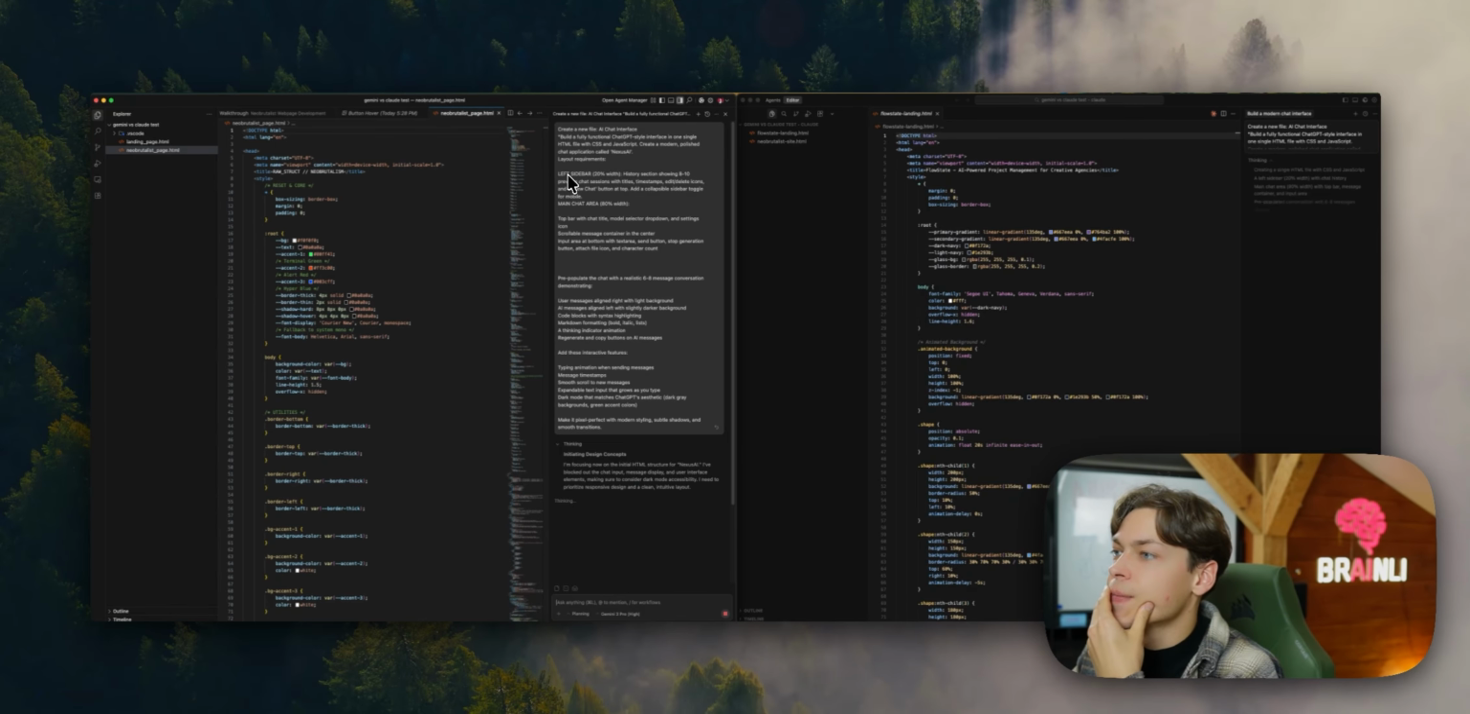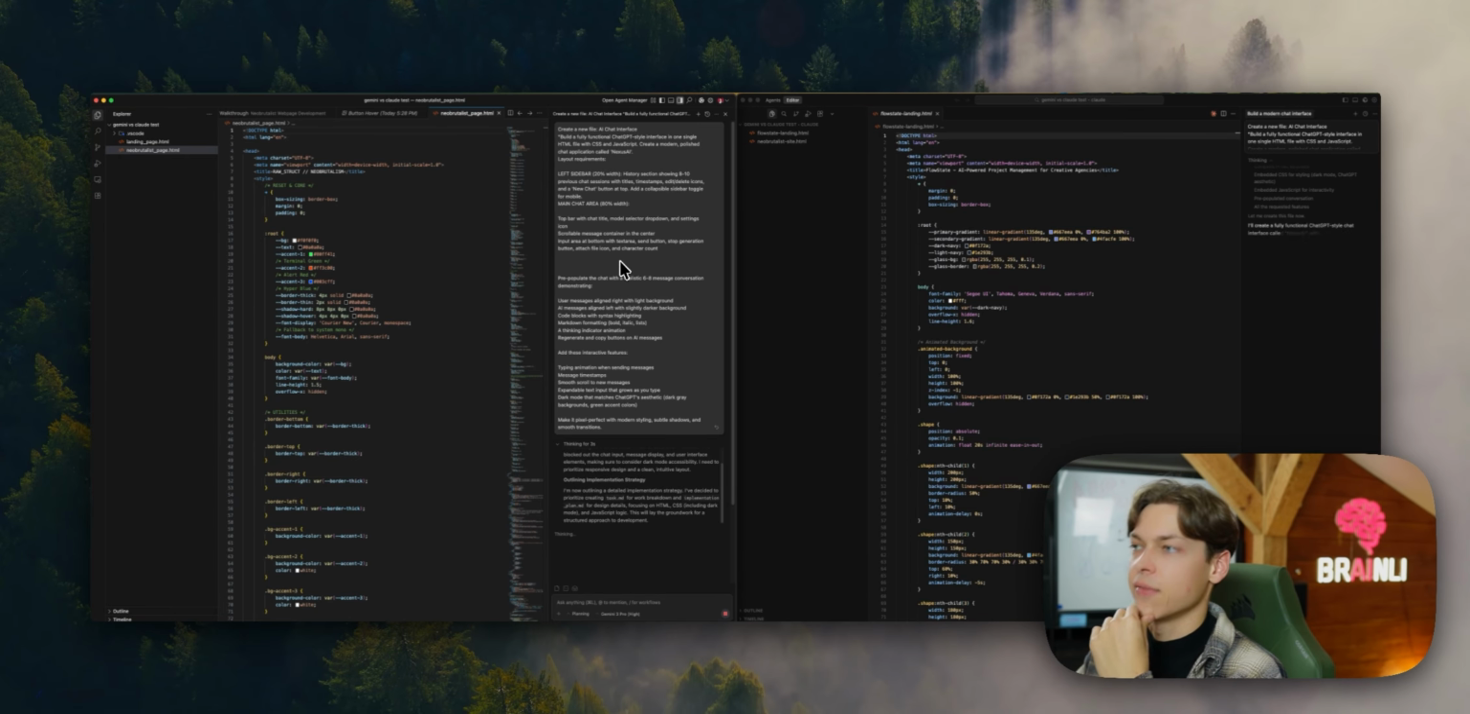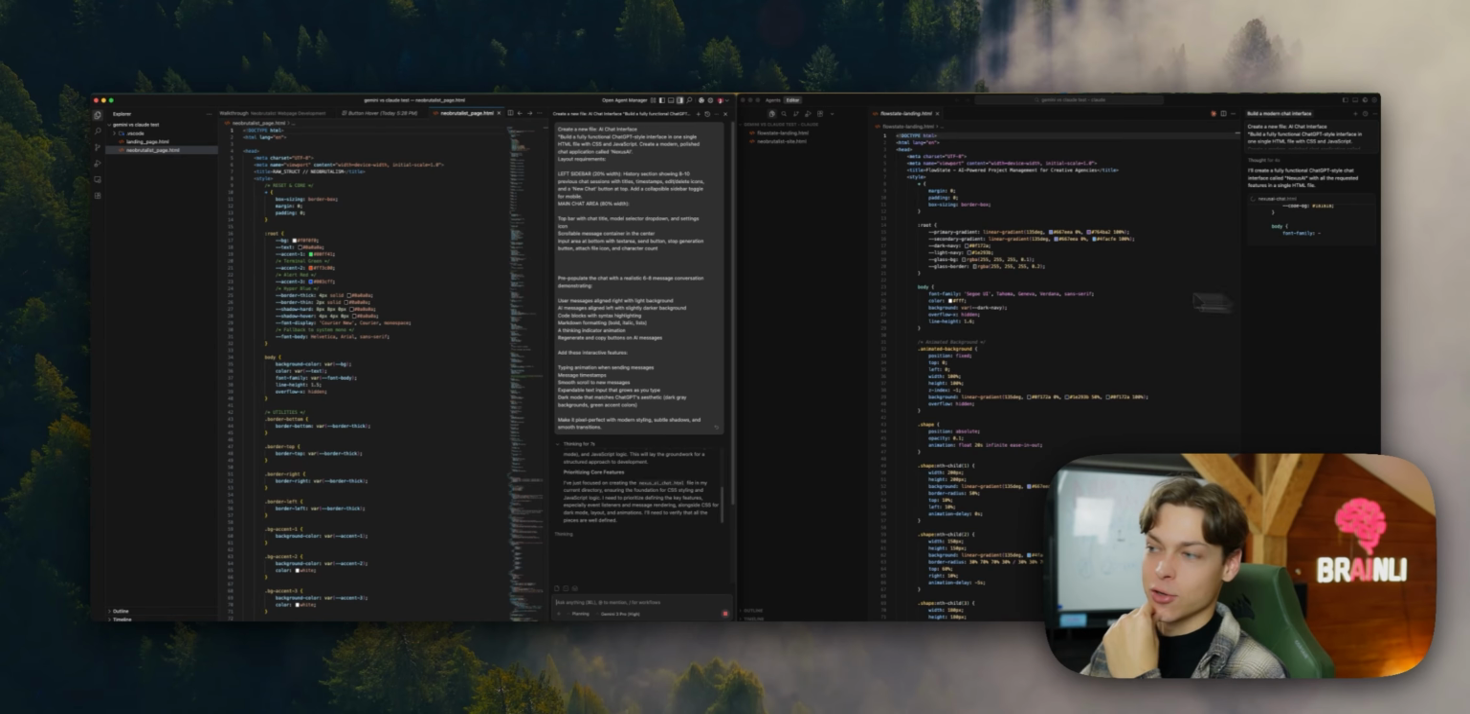So basically, oh, by the way, it's totally free. I'm not paying anything for it. So that's also really cool. I'm paying here for Claude, but I'm not paying any fee for Gemini 3.0 Pro, which seems to be